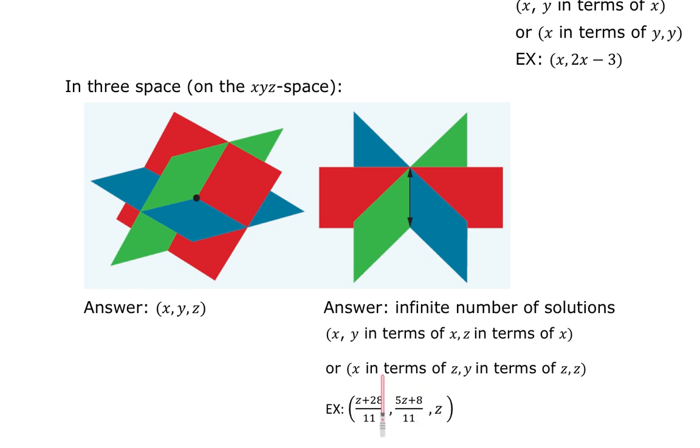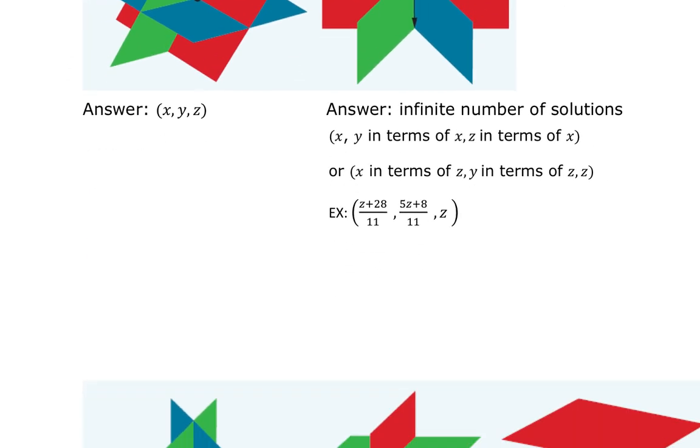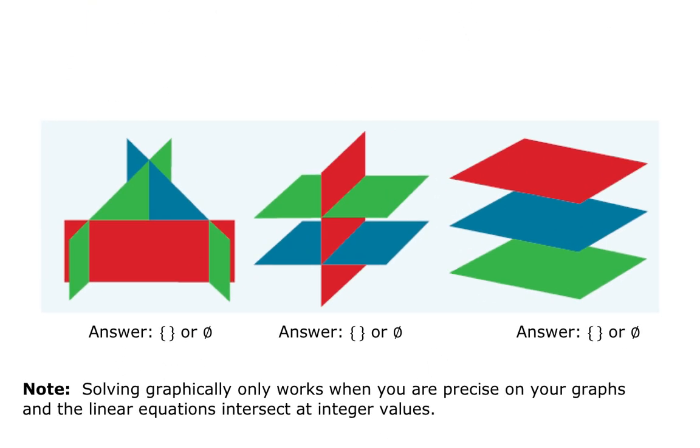This is called parameterization. And of course, we can have the exact same plane again, and then a single point where the 2 planes intersect. So here we go, where we have the no solution. This is a no solution because this plane that is red intersects this plane that is green as a line. The red and blue intersect right here, and then the blue and the green intersect, so they all intersect but